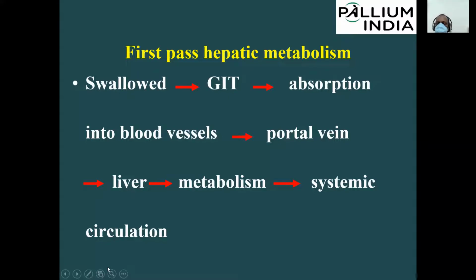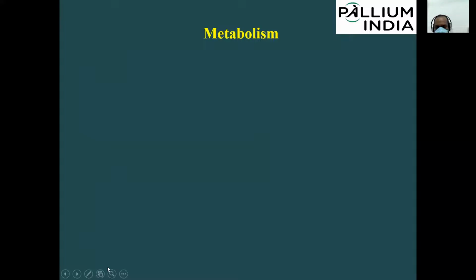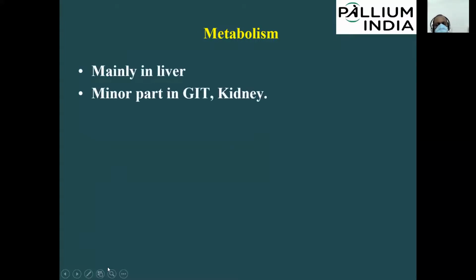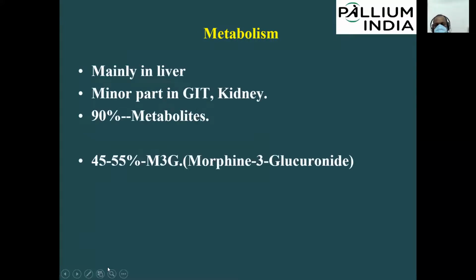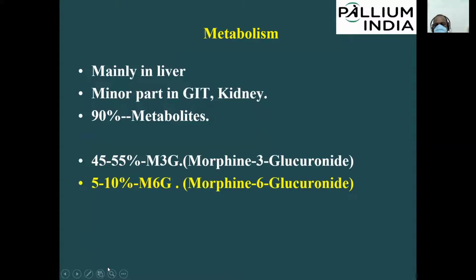Okay, so the metabolism of morphine takes place in the liver, and metabolism converts morphine into 2 main metabolites, which are known as morphine 3 glucuronide and morphine 6 glucuronide. In short, we call them M3G and M6G. And you can see the M6G is formed in only 5 to 10%. Actually, that is the component which will give you the pain relief. M3G doesn't have much action in our body. So the component which will give you pain relief is formed in less.